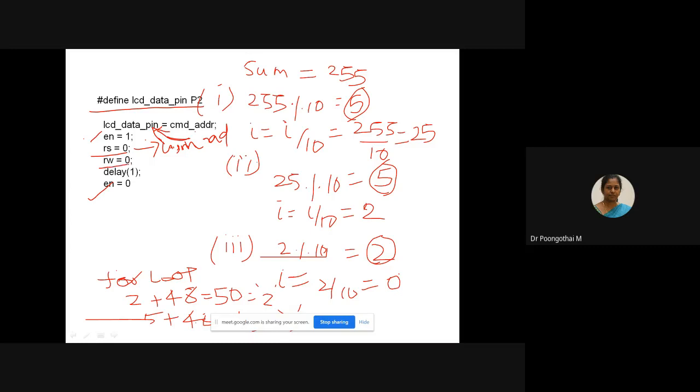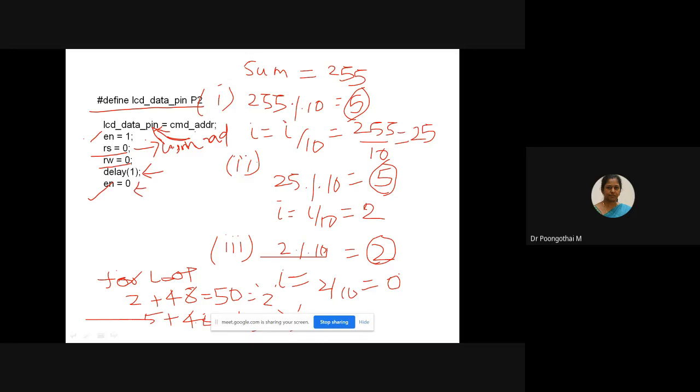Then RW selects write or read operation: RW is equal to 0 means write operation. So the command is sent from main to P2 of your microcontroller, call delay, and make this enable pin 0.